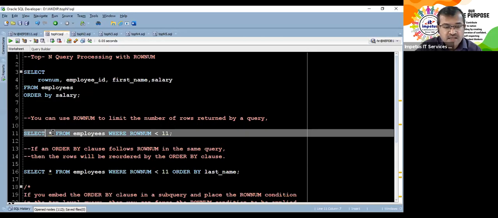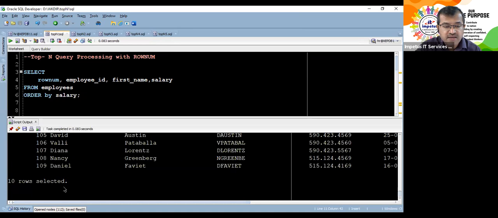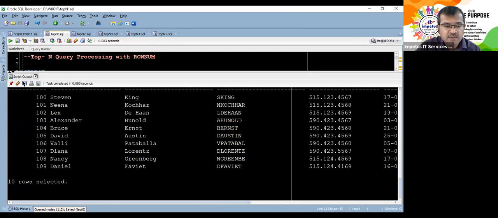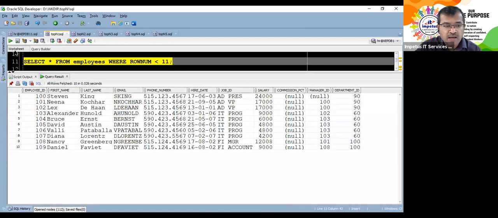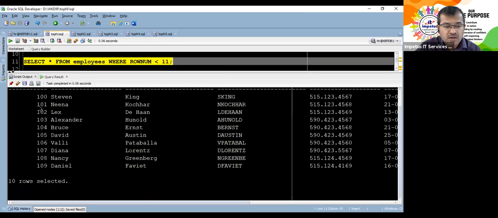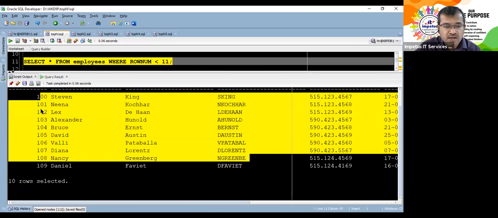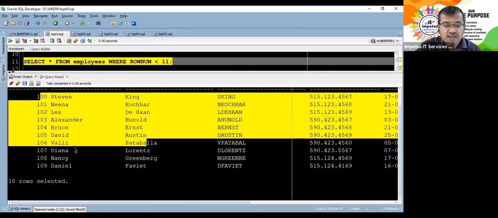So here if I say select star from employees where row number less than 11, now what is it going to do? Based on our understanding, it has printed the details of all those employees. Let me clear the screen for you first and let me run the query. I got the 10 employees. Fine. But what is this that I have got? 100, 101, 2, 3, 4, 5, 6, 7, 8, 9. Oh, we are so very happy to see them in an order. Okay, but we are just lucky.